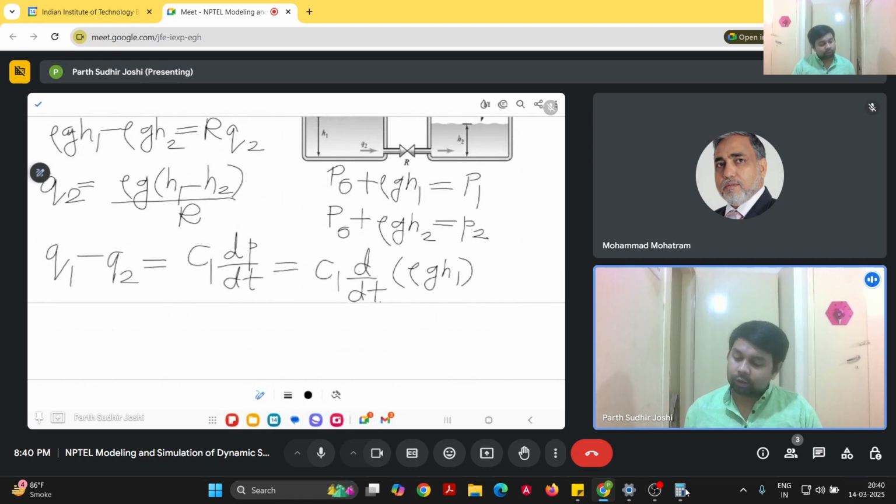And the capacitance C1, we can write it as,